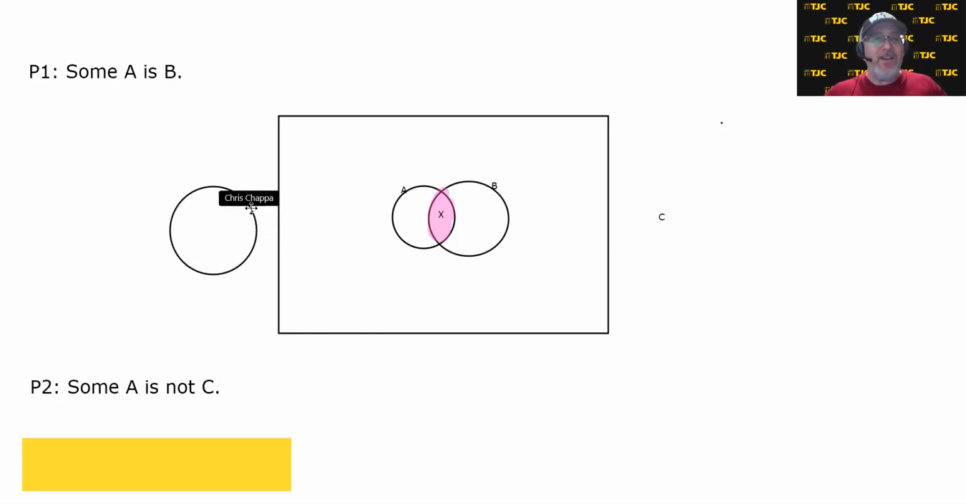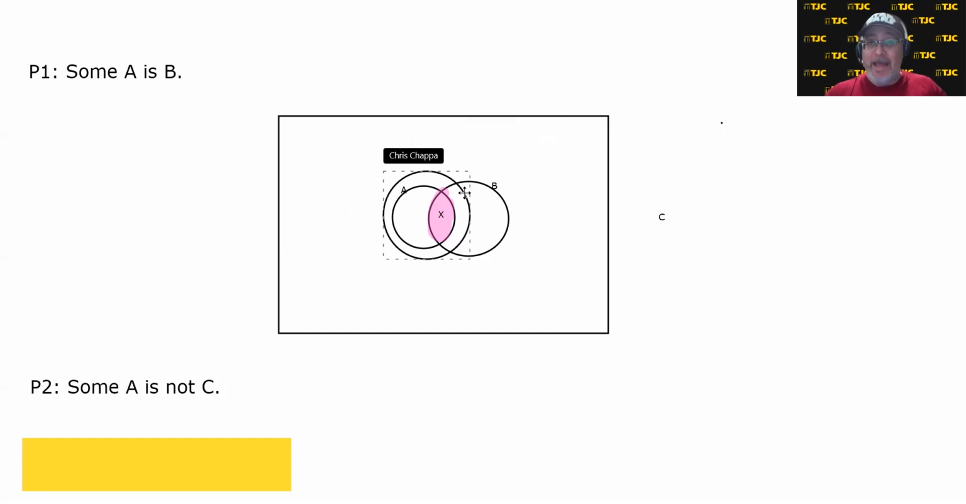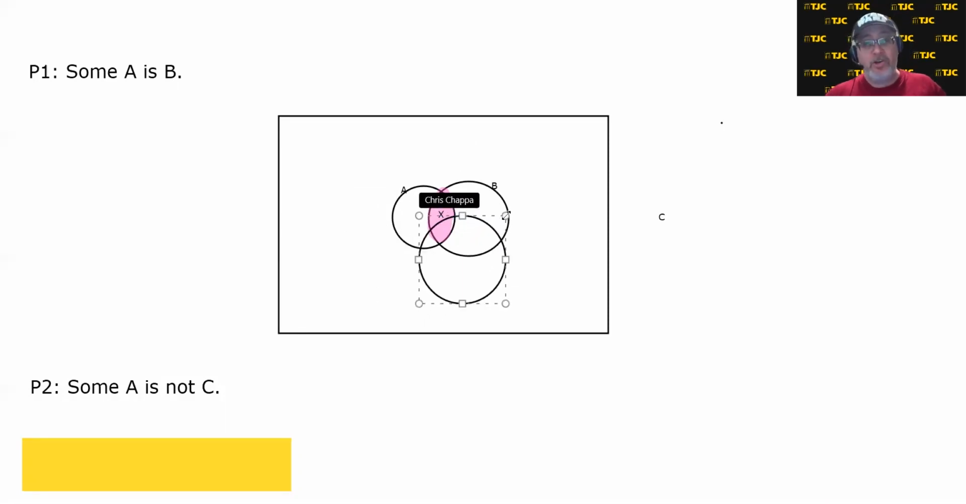So for some A is not C, we need to make sure that circle C does not completely contain circle A. It can overlap it. It can totally miss it. But if you'll notice, there's a lot of places I can put circle C relative to A and relative to B at the same time. For example, I could put circle C over here and clearly miss the B. I can't do this because then circle C would encapsulate circle A, violating the second premise. I can move it over here where it overlaps circle B, or if this circle were large enough,